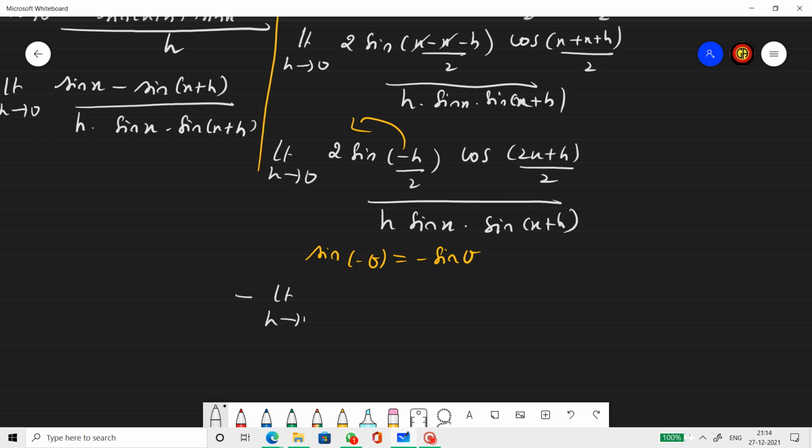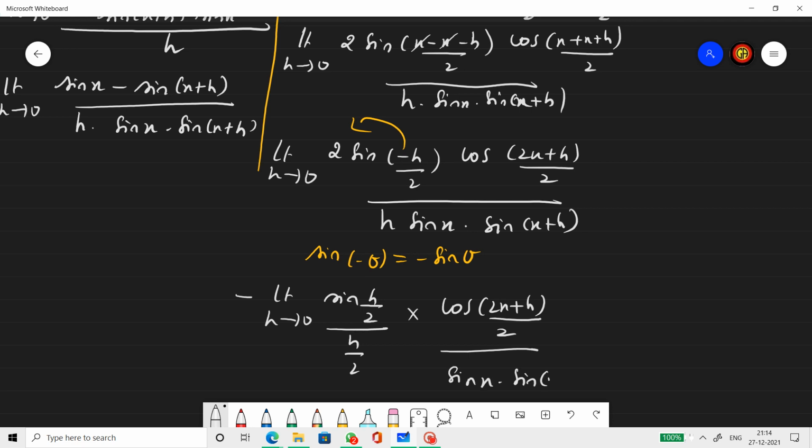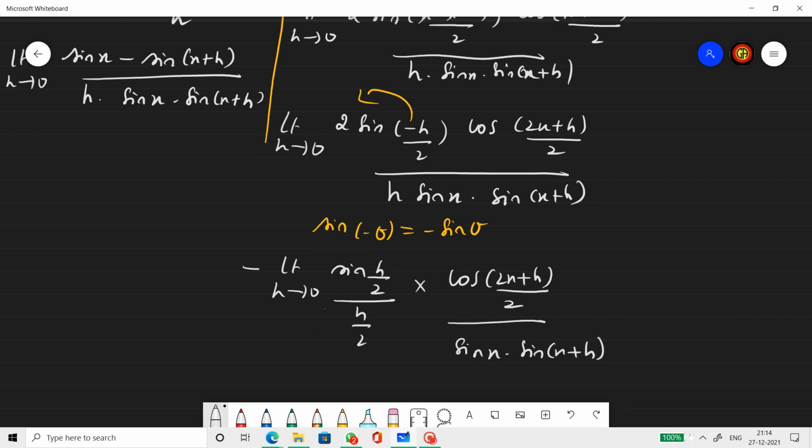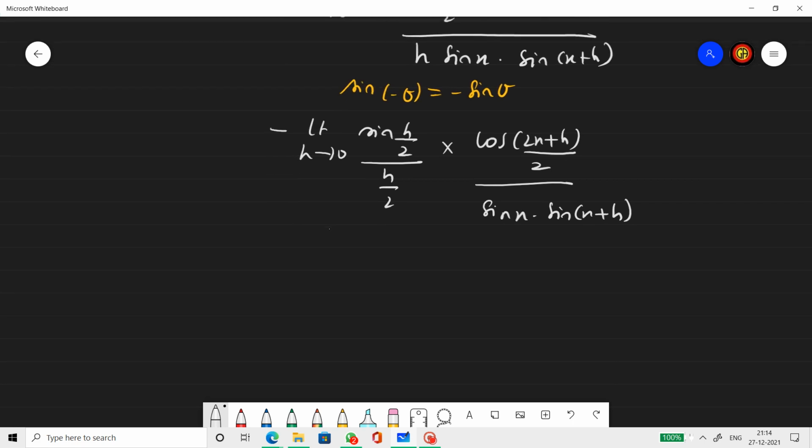Limit h tending to 0, sin(h by 2) by (h by 2). Well, I am taking this 2 down, into cos(2x plus h by 2) by sin x into sin(x plus h). Now, when h tends to 0, h by 2 will also tend to 0. So, I think that you all know now, this will become 1. So, minus 1 into